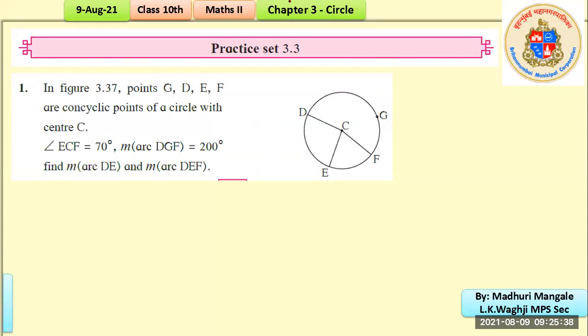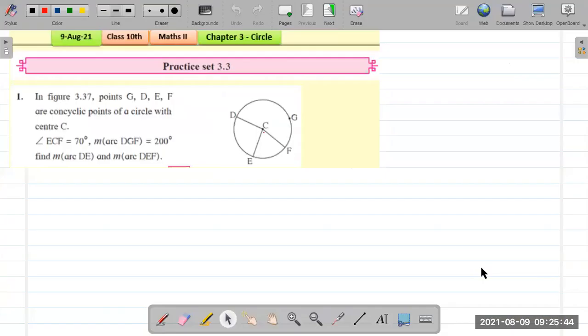While I am explaining, parallelly, you should also try to write out the proof. Because this is very easy. You just need to find the measure of the arcs, and you can just try to solve it. So I'll give you 30 seconds. Read out the question and check which property can be used here.